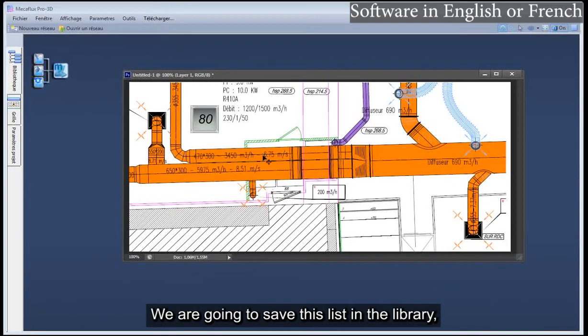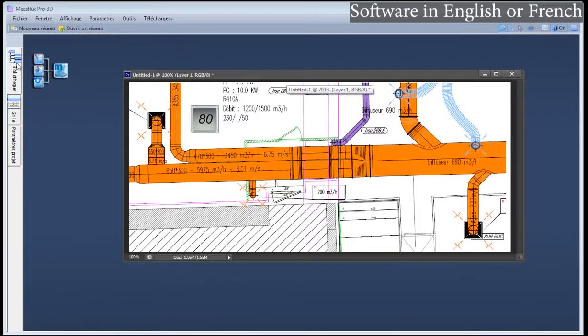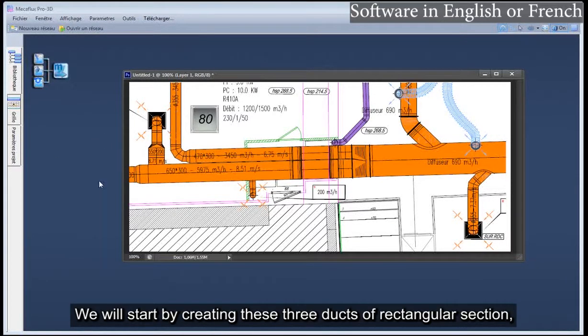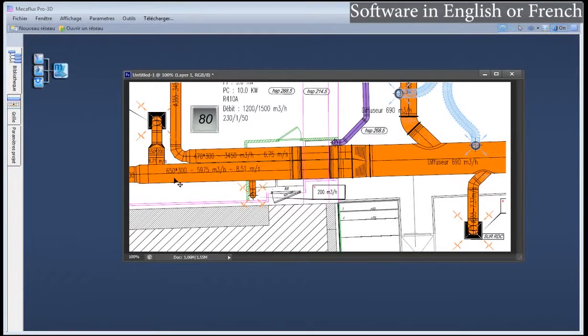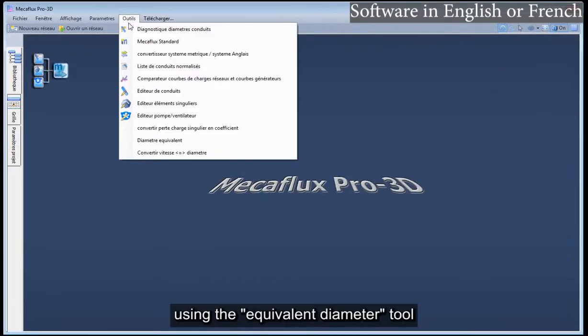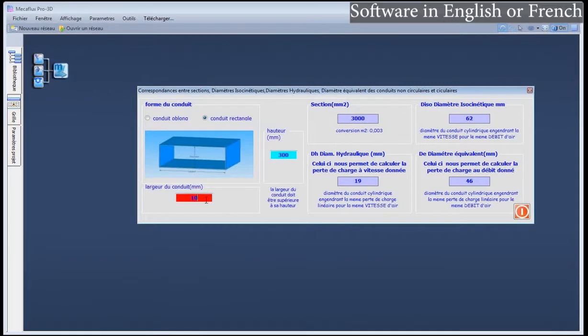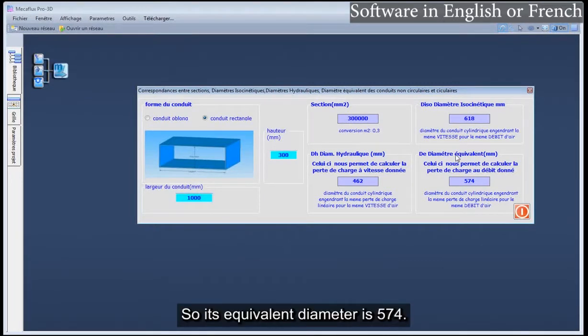We are going to save this list in the library, so we can drag and drop them into our interface. We will start by creating these 3 ducts of rectangular section. Using the equivalent diameter tool, we create the duct of 300 by 1000. So its equivalent diameter is